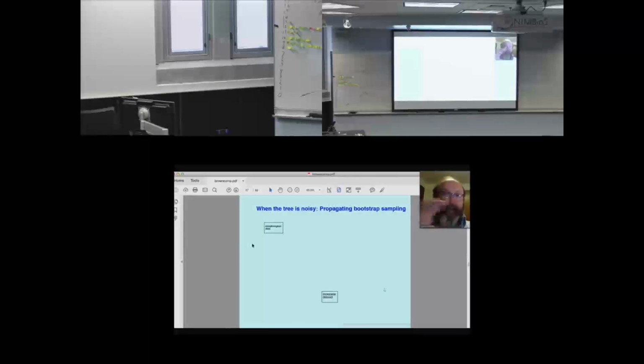So I'm imagining that somebody has given you a cloud of bootstrap estimated trees. They've given you maybe 100 trees that came out of a bootstrap analysis. And here is just a cartoon of what you could do with that. Suppose we take one of those trees and we use something like a contrast method or one of the other methods that Marguerite will talk to you about.